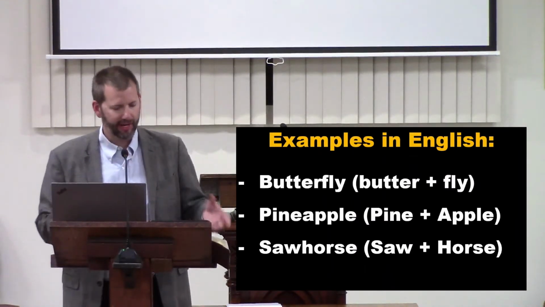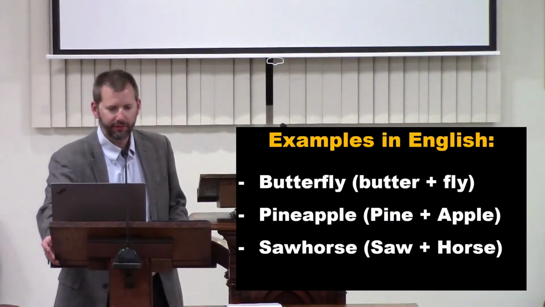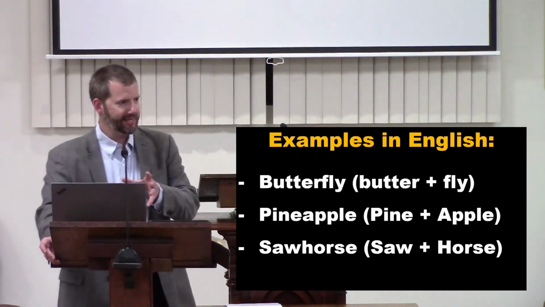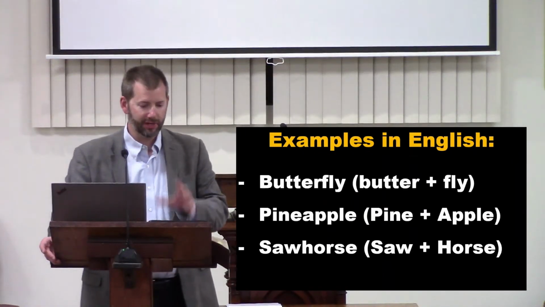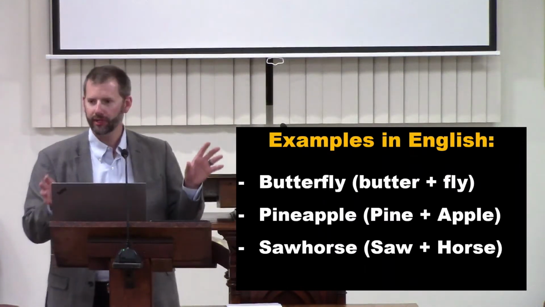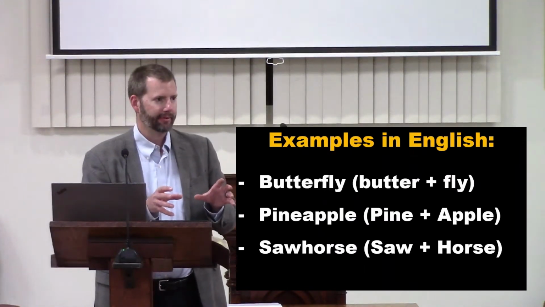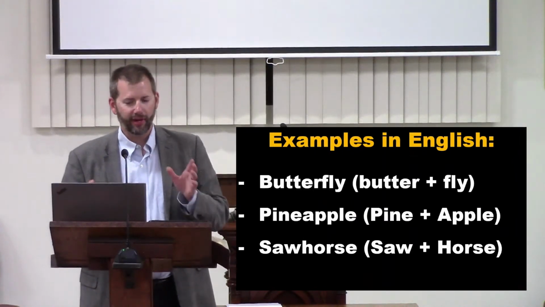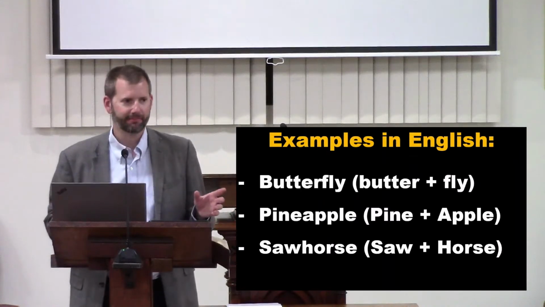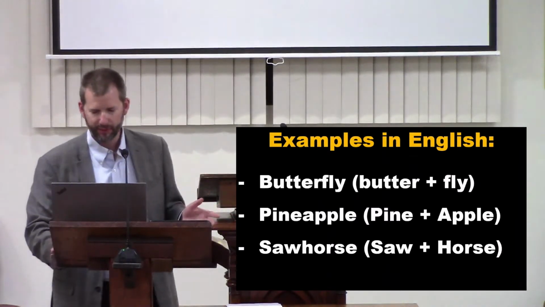And this happens in Greek. And I decided not to confuse us all with a whole bunch of Greek etymology. But you get the idea here, right? There are some Greek words where the etymology absolutely does equal the actual meaning. There are some Greek words that, like butterfly, the two words together mean something completely different. So, what's the solution?